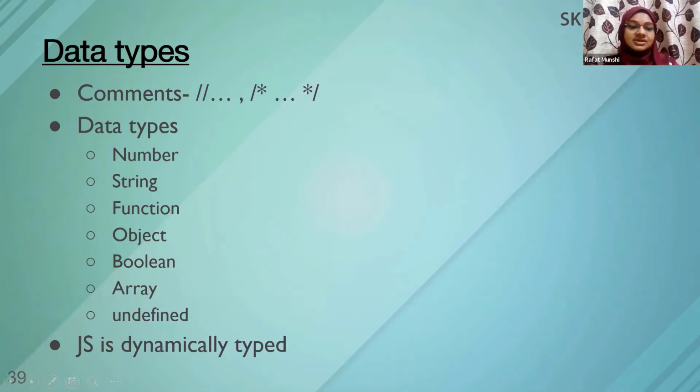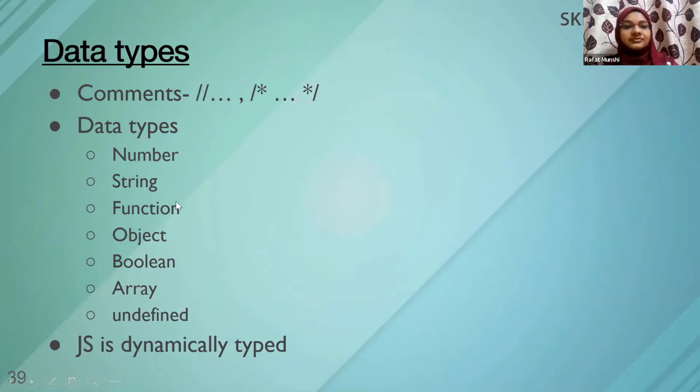So what does that make JavaScript? JavaScript is a dynamically typed language. Dynamically typed means dynamically at runtime, while the user is giving input, it is realizing what the type of this data is. Okay. So that's why it is dynamically typed. And Java is not dynamically typed. It is statically typed.